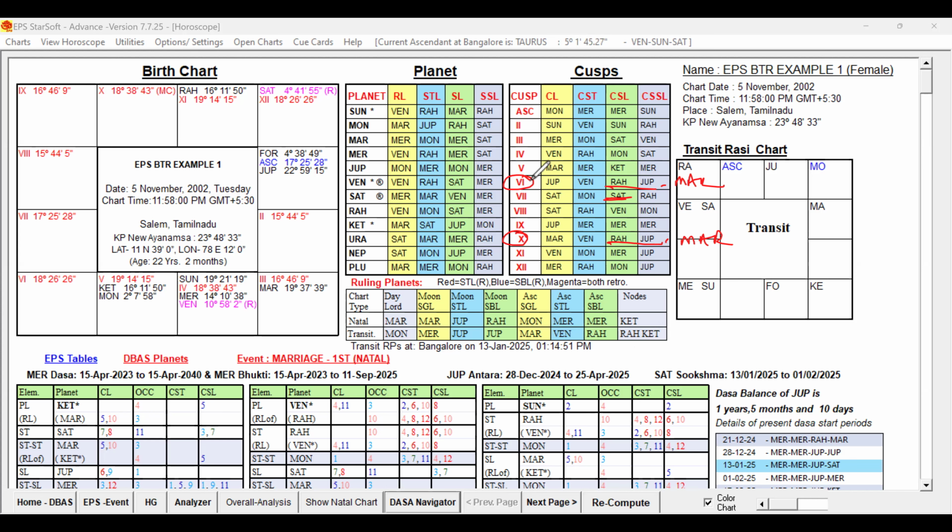So keeping that in mind, we have to start our analysis. Now, one more thing I would like to tell you is that normally people verify the birth time accuracy and also fix it based on the ruling planets. At the time of verification, 13 January 2025, 1:14:51 p.m., when I'm doing the verification or judgment of this chart, taking it for analysis,